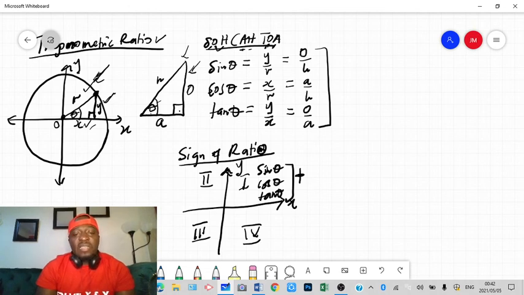So sine theta is a plus, cos theta is a plus, and tan theta is a plus. All three of them are plus. All right. But if you go to the second quadrant,